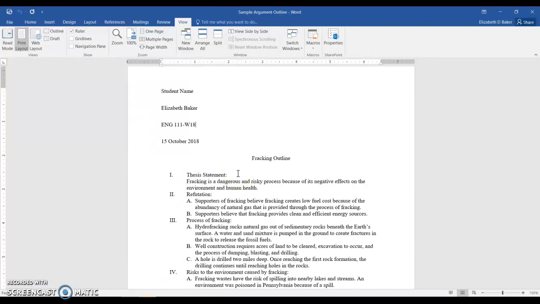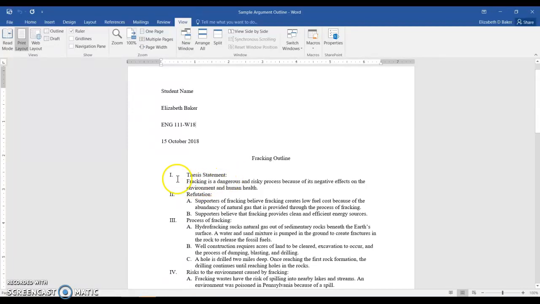Because we're writing an argument, and again this is our first formal paper, we want to be forceful in our language, and we want to make a very clear argument that our audience understands. We don't want to use casual language. We don't want to talk to the reader. In other words, we don't say things like, you will, or I want to tell you about, this paper is going to be about. We avoid those statements,